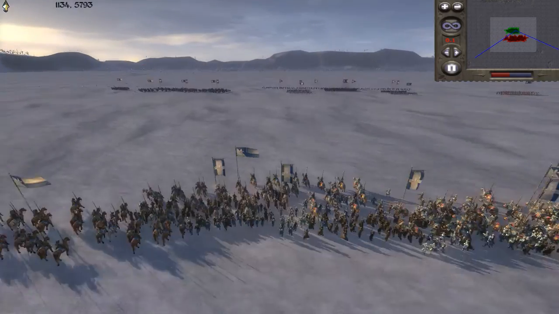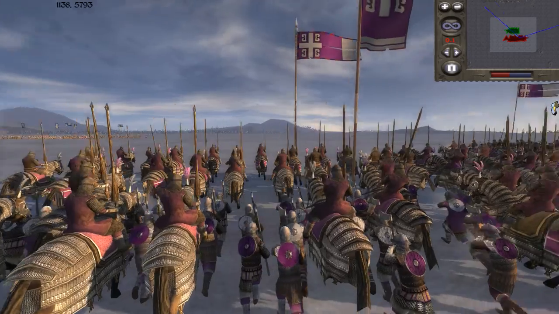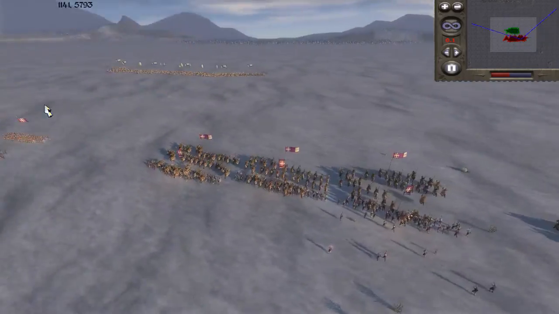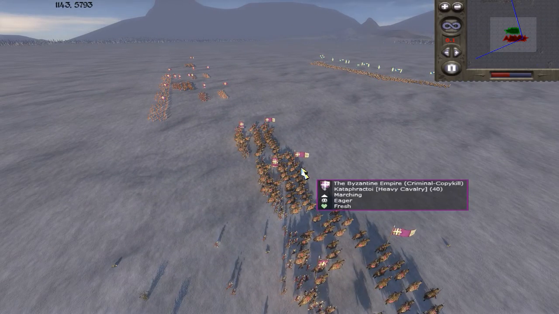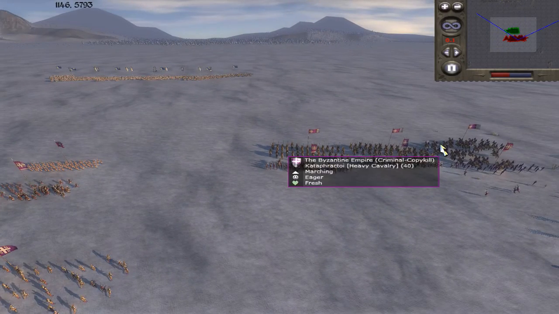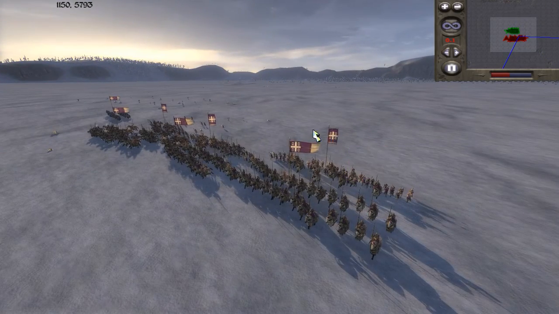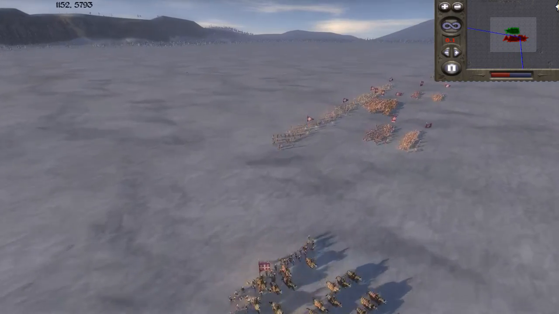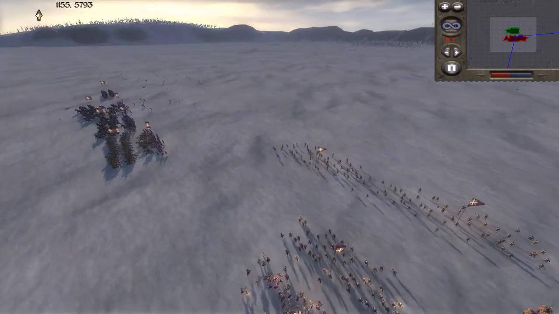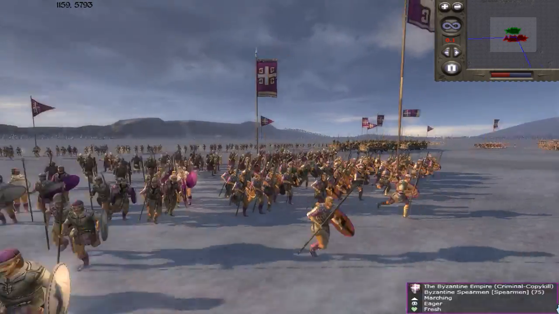So that's my tactic, and Criminal Copy Kill is using his aggressive gameplay. The funny fact is that I learned how to play aggressively from him, and he's got the Byzantine Empire, a really strong faction in this period. He's got 4 units of cataphracts, some Varangian Guard, looks like 4 of them, I believe. Let me check this out. Maybe 3 of them. Some dismounted Byzantine Lancers, some Byzantine Spearmen as cover